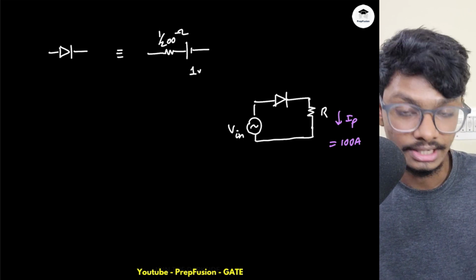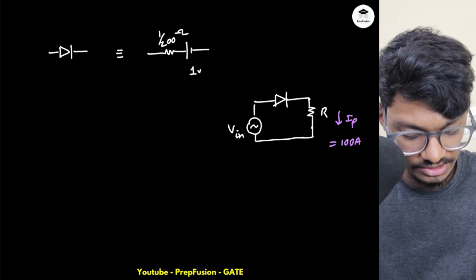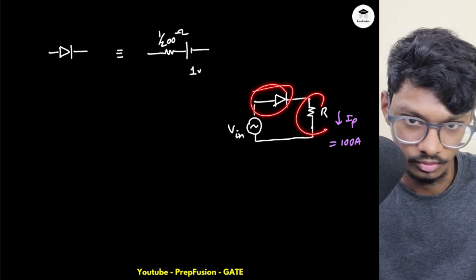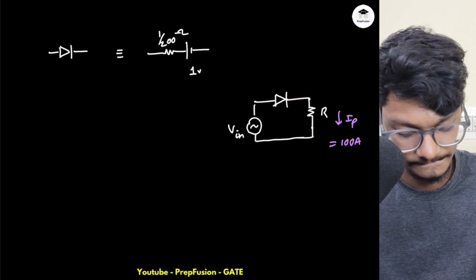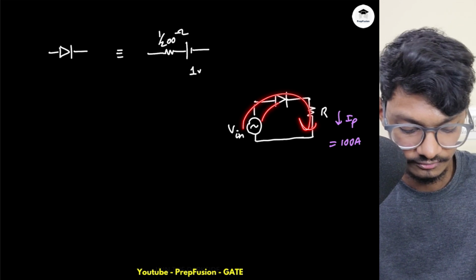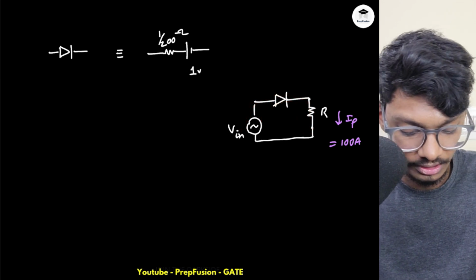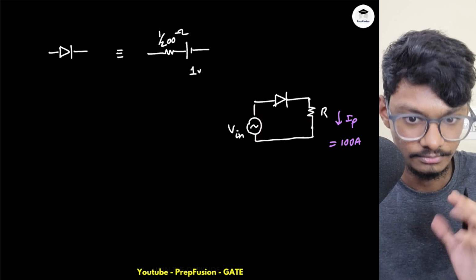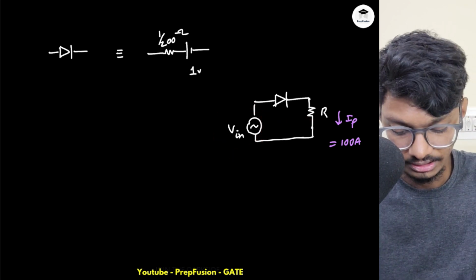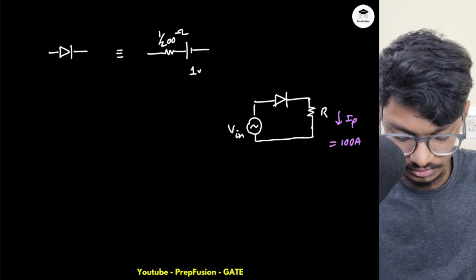So if the peak current is 100 amperes, when will this peak current happen? When this diode is on and the current is flowing. Current flows only when the input voltage is maximum, and only then will the peak current happen. Now, the thing that we need to assume here is that